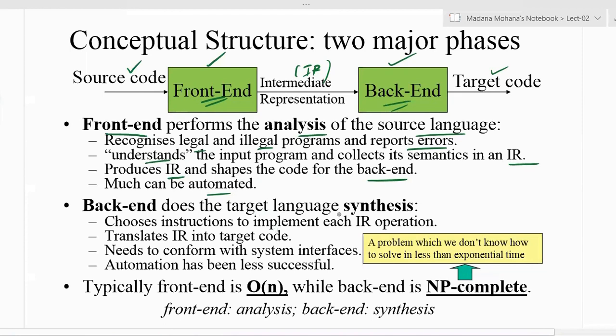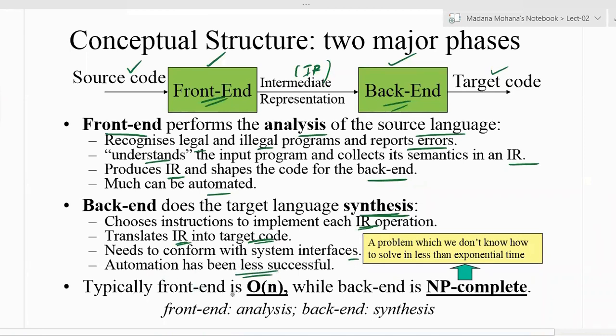Coming to the back end, it does the target language synthesis using the last two phases. It chooses instructions to implement each intermediate representation operation, then translates the intermediate representation into the required target code, and needs to conform with the system interfaces. Automation has been less successful in the back end.